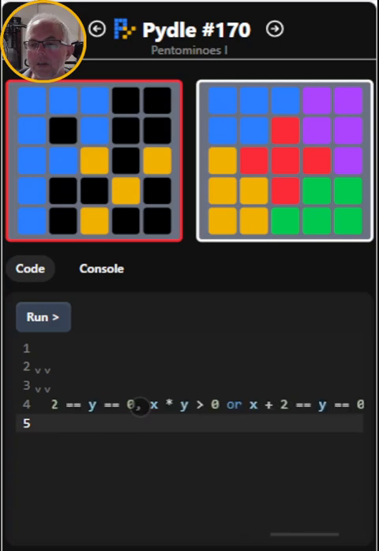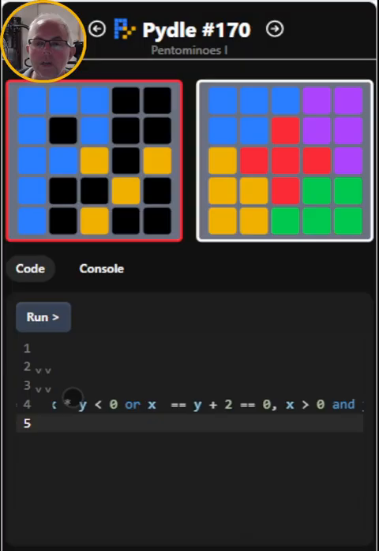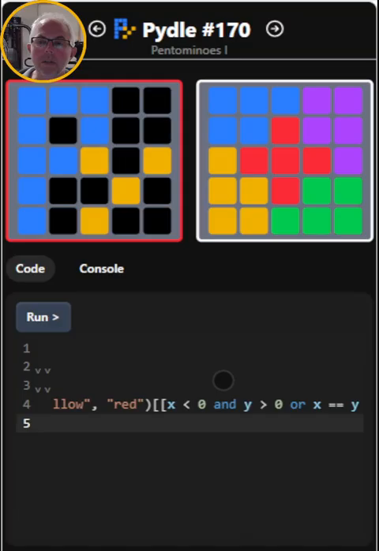But yeah, so not a great solution. I think on Reddit there's a couple of solutions that are probably slightly better. So have a look there. Hopefully you managed to solve